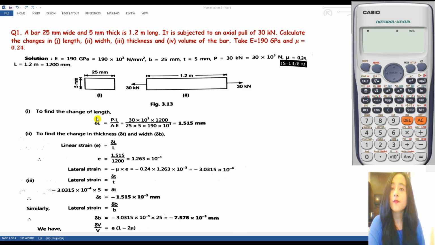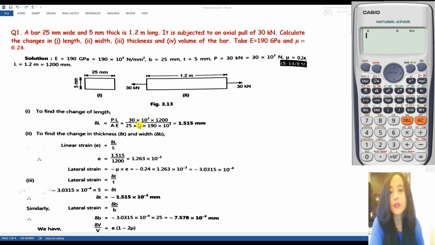Now, let us first find the change in its length, del L. To find del L, we can simply use the formula del L equals to PL by AE. Now all these values P, L, A and E are given in the question. So we'll put all the values one by one and then we'll find the value of del L. P given in the question is 30 kilonewton. Converting kilonewton to Newton, we have 30 into 10 raised to power 3 into its length, given as 1.2 meter long. You need to convert this meter to mm, so it will be 1.2 into 1000, which will be equal to